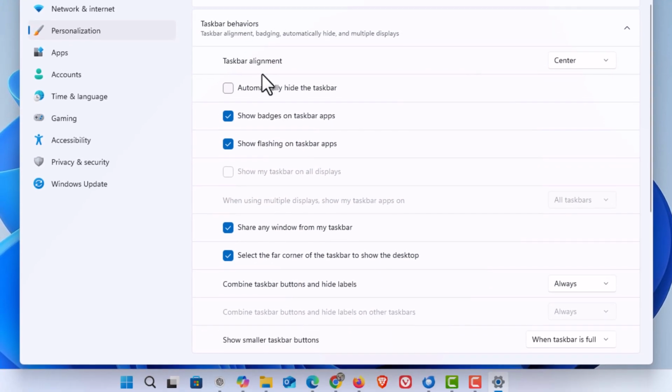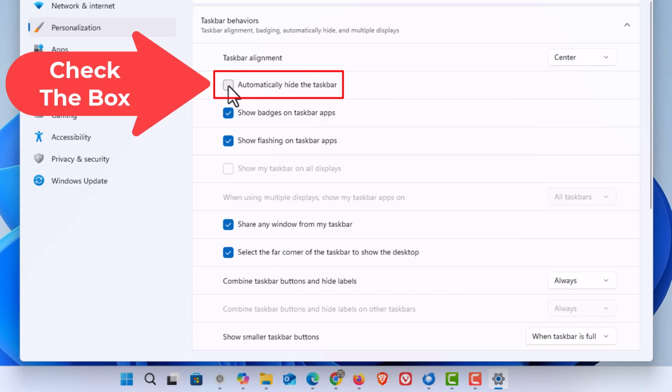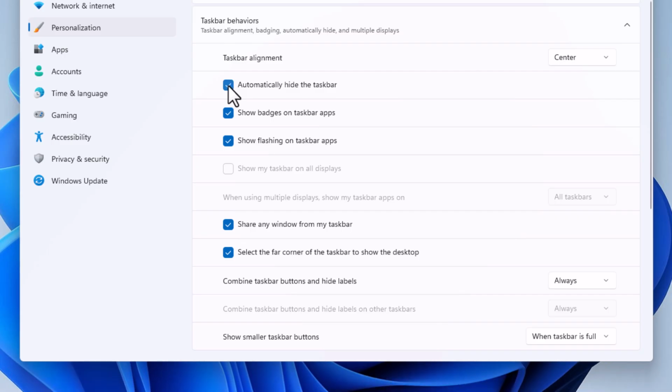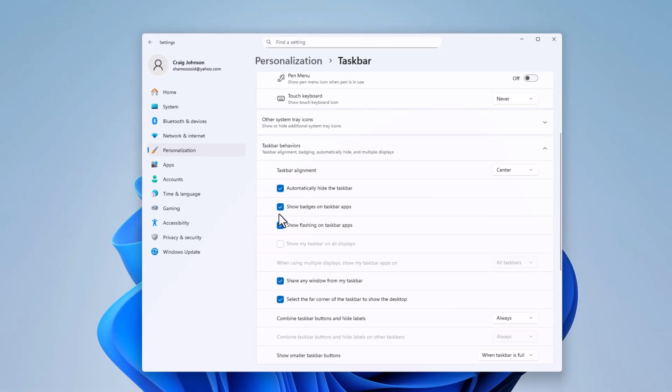And then right underneath Taskbar Alignment, automatically hide the taskbar. I'm going to check this box here. And as you can see at the bottom, my taskbar has been removed. It has disappeared. Now to bring that back,